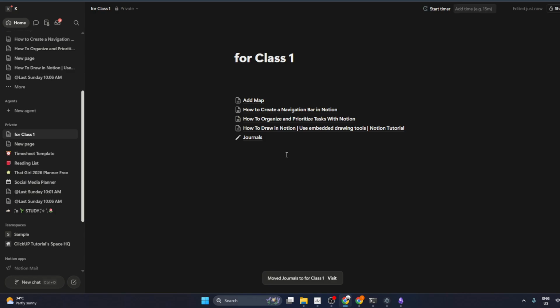As you continue using Notion, make a habit of spending a few seconds after creating any new page to place it in the right folder. That tiny extra step keeps your sidebar clean and makes it much easier to stay focused and find what you need later. By organizing your Notion sidebar with simple folders for each project or class,